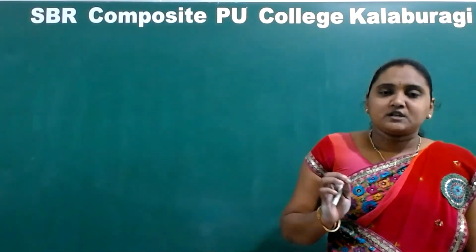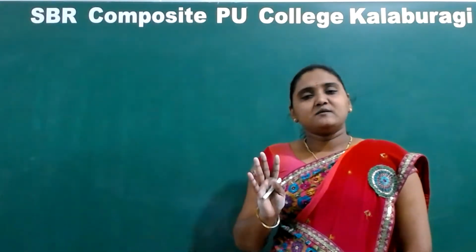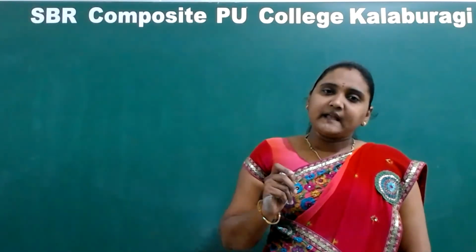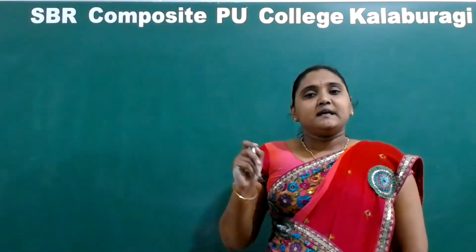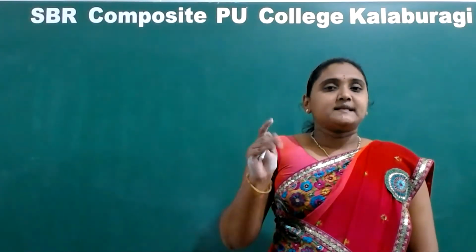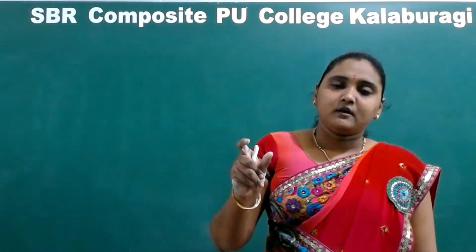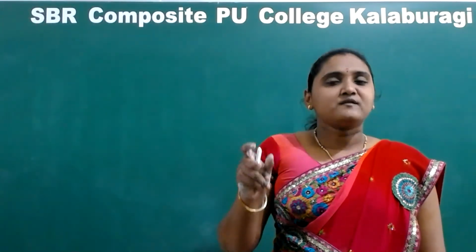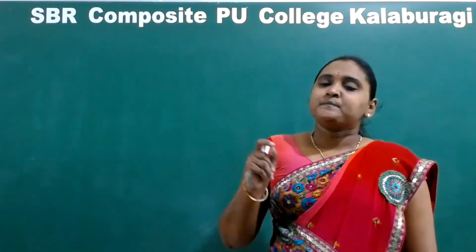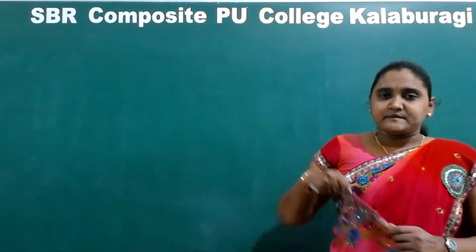So the four types depend on whether the applied feedback signal is a voltage signal or a current signal, and how it is fed, in the form of series or in the form of parallel. Depending on that, the four types are